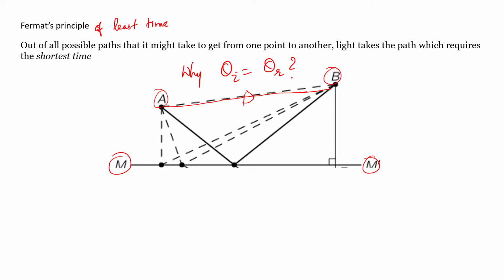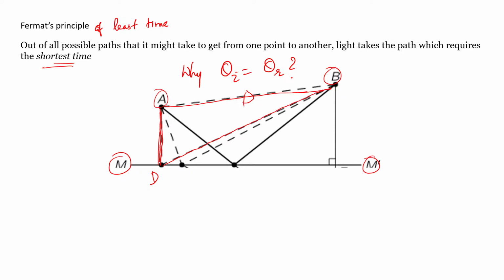Here, if I want to go from point A to point B after reflecting off of mirror mm prime, I want to take the shortest time possible. So let's say I go directly from A to this point called D. Then I go from A to D very fast because it's right below A, but D to B is very long,